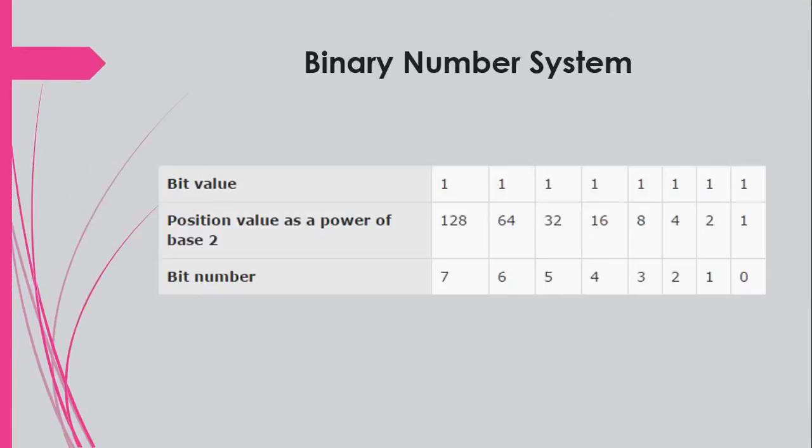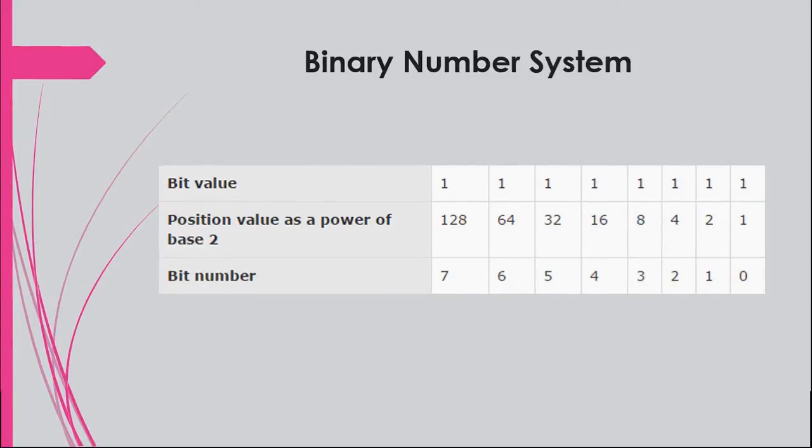Every number system uses positional notation, i.e., each position in which a digit is written has a different positional value. Each position is a power of the base, which is 2 for the binary number system, and these powers begin at 0 and increase by 1. The following table shows the positional values for an 8-bit binary number, where all bits are set on. The value of a binary number is based on the presence of 1 bits and their positional value. So, the value of a given binary number is